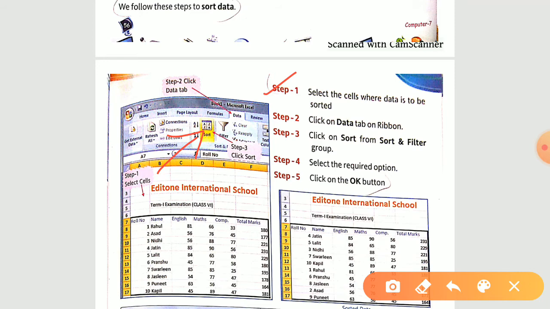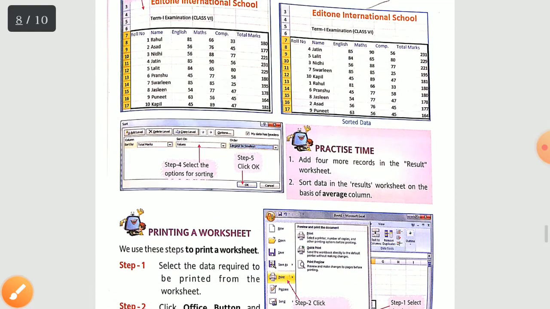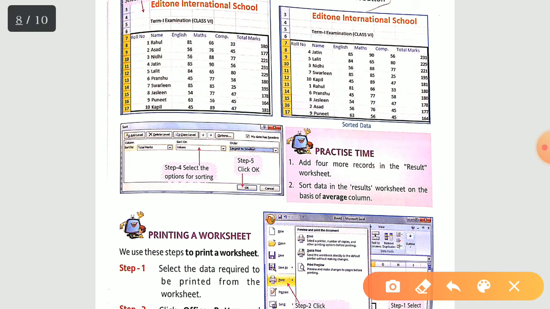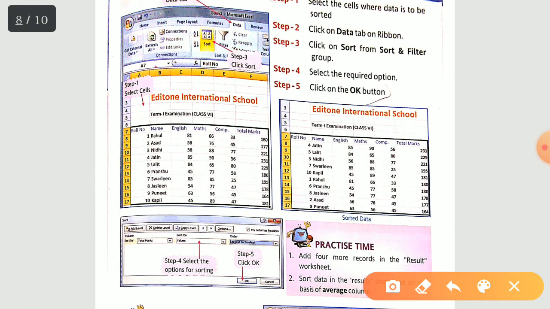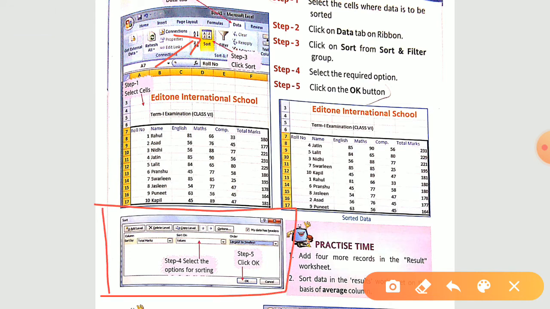Then what will happen? Step number 4, select the required options. Now you will be having many more options shown to you. See, when you click on this sort button, you will be getting a dialog box like this. At the bottom you can see they have mentioned it in your book. So over here you have to give the values.